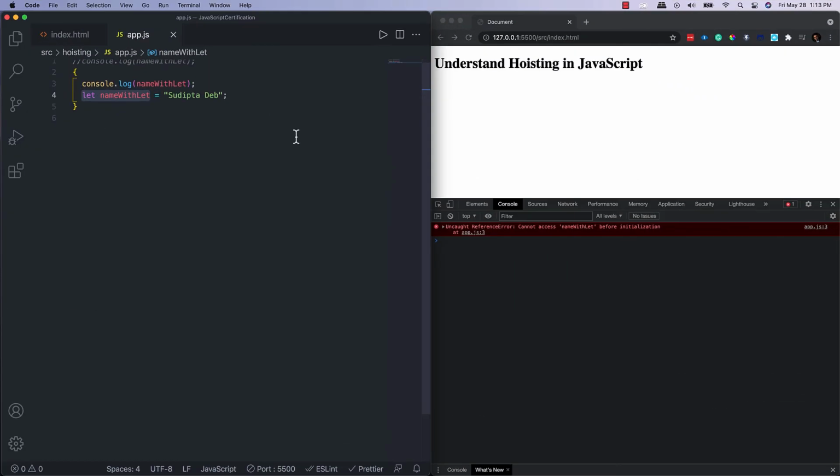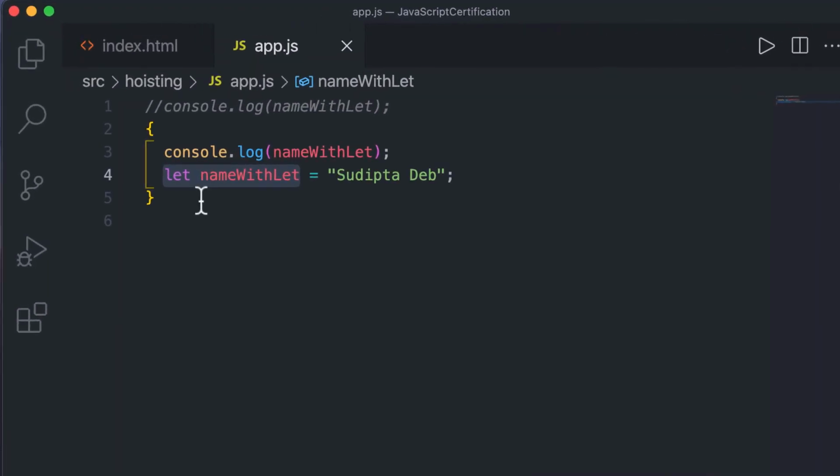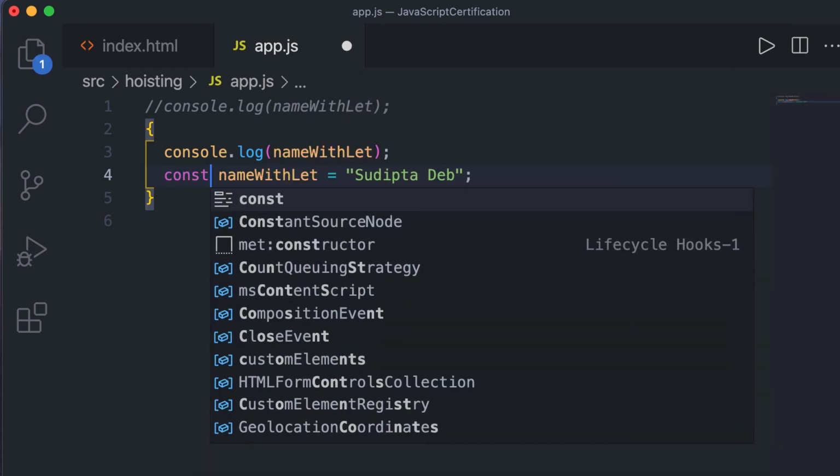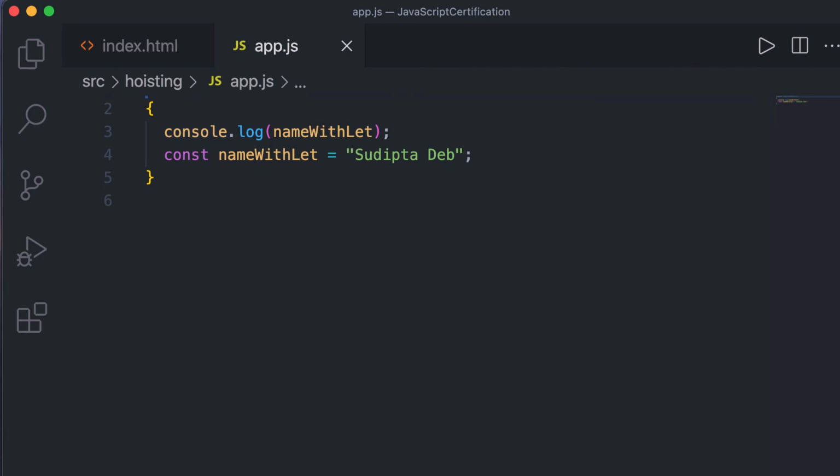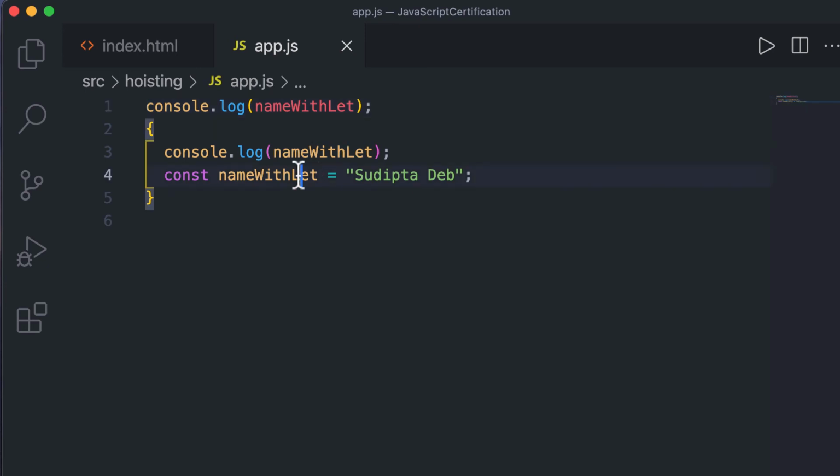Okay. So now let's change the variable declaration from let to const, open up this and comment this line. It should not be name with let, it should be name with const. So let me make that change so that it is easy to understand, and refer to this one here.